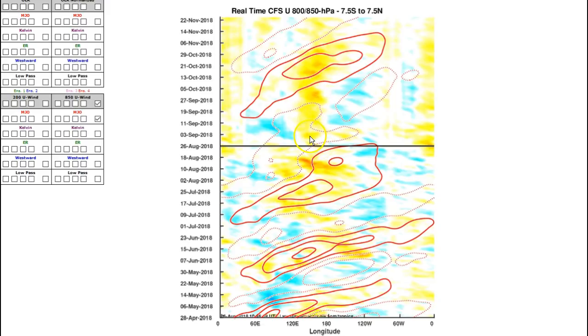There's westerly anomalies during the inactive phase. If anything, you should have easterly anomalies. So that's a head-scratcher, but that is also a clue of, hey, what's going on? Maybe El Nino. All right, and then we get into the active phase of the MJO, a very weak active